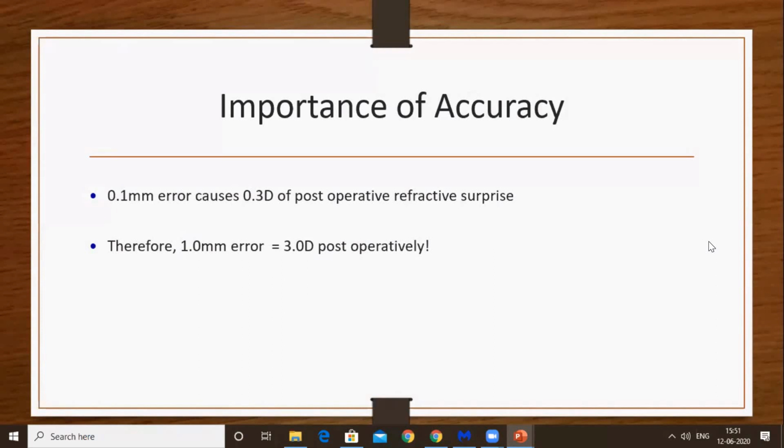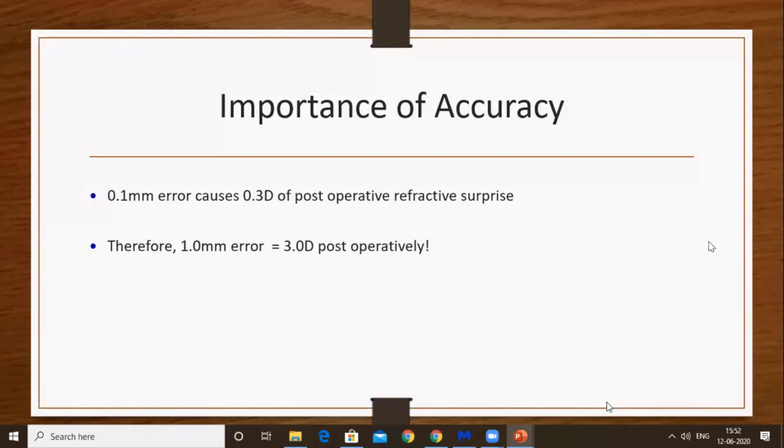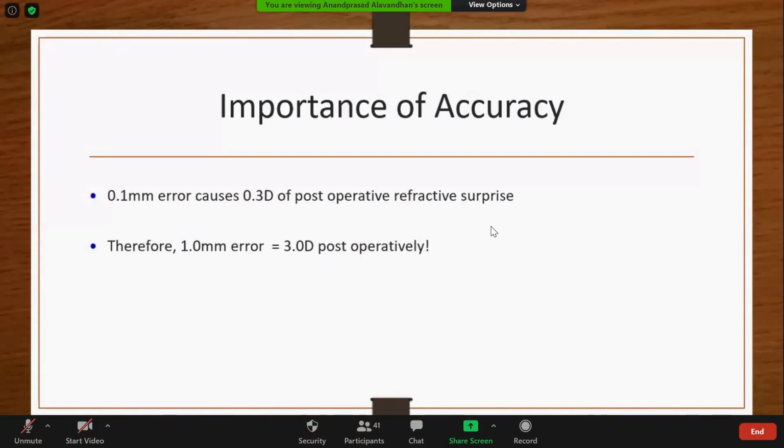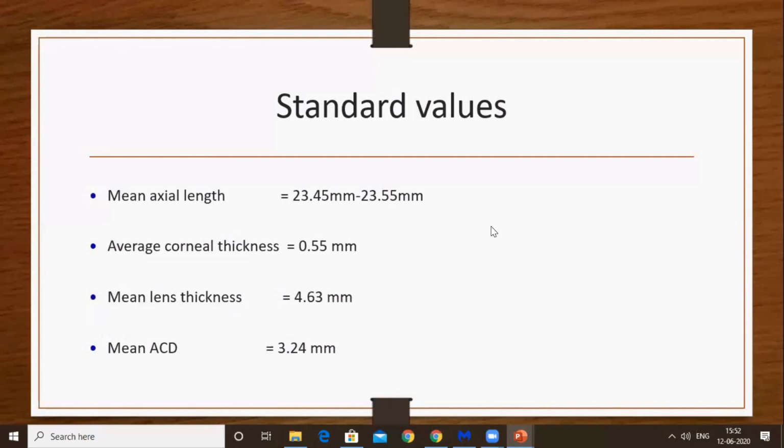then you should make the patient sit and make the eyes a little wet, because as I already told, the corneal tear film plays a role for the keratometer and even for axial measurement. So make the patient sit with their eyes closed, and after a few minutes you can bring them back and take the contact ultrasound measurement.